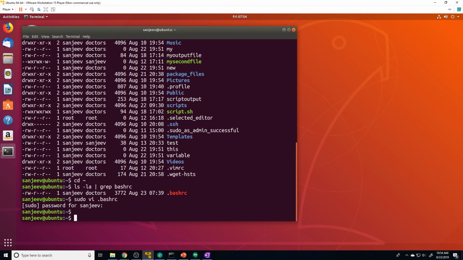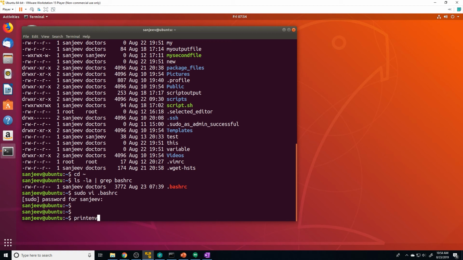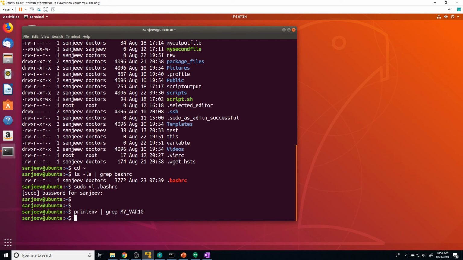Save the configs, and let's see if we can access that. MY_VAR10, and you can see it's not there. So does that mean it didn't work? Well, not exactly. What happens is when